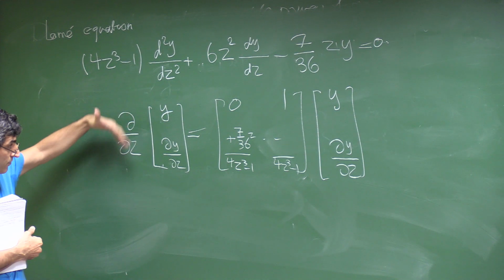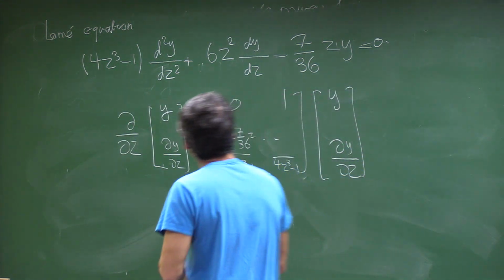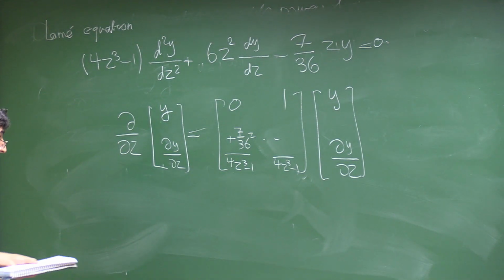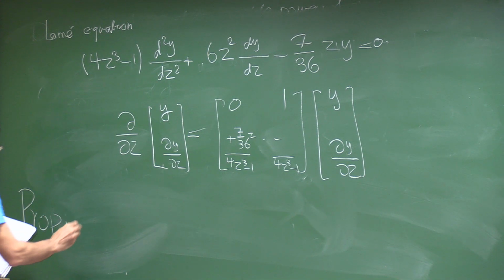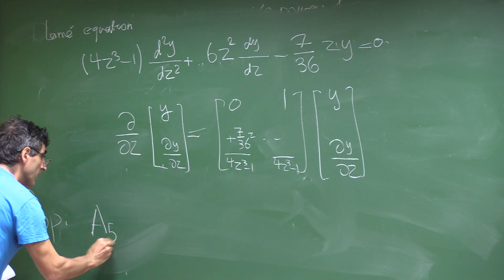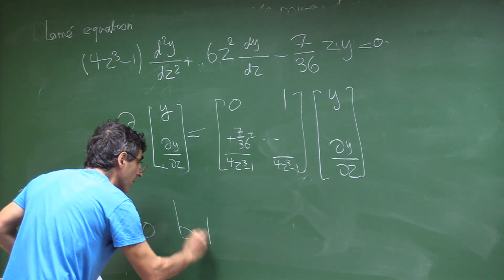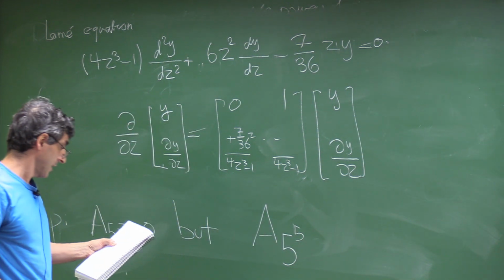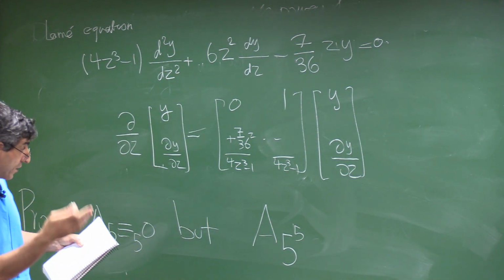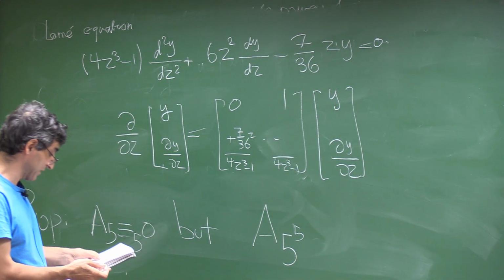But this version is a way of writing it as a system, as a matrix, so that you can produce the p-curvature. And let me say what the statement is. This was found by putting the computer to run, searching. Proposition: the p-curvature of this, for p equal to 5, modulo 5 is 0, but modulo 5 to the 5 ... and actually, I was not even able to find 5 to the 2 or 5 to the 3 examples, but I don't know why it happened that it's 5 to the 5.